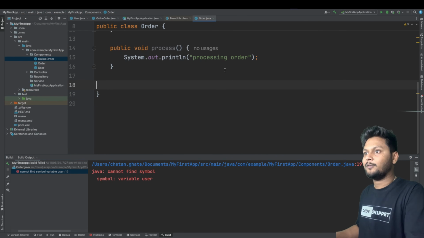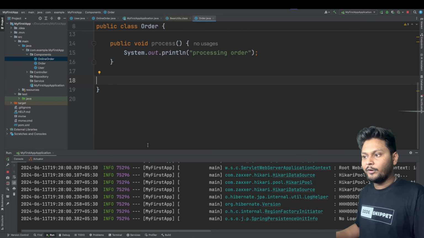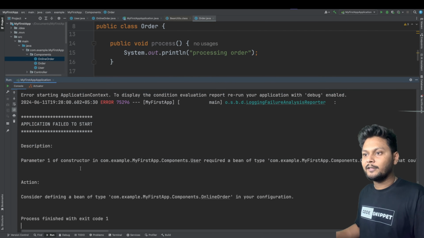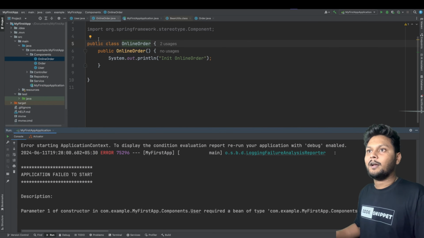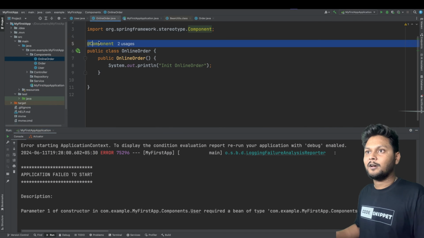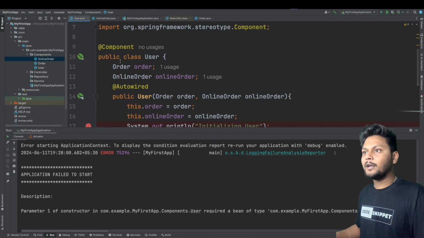Okay, let me remove this as well. Let me rerun this. So now if you can see, this is giving that your dependency is missing, right? This online order is missing basically. So what I will do, I'll just bring this back, and let me refactor this